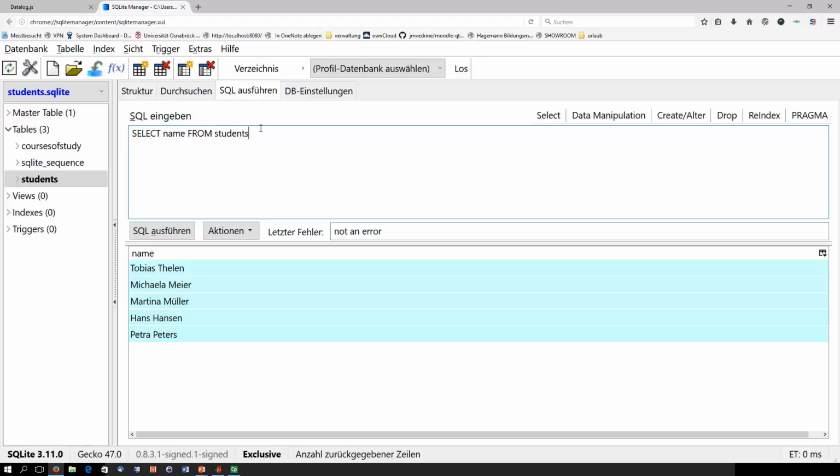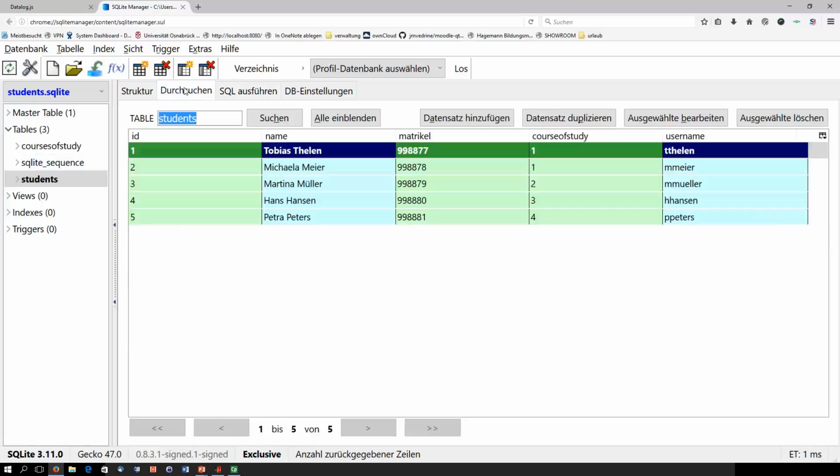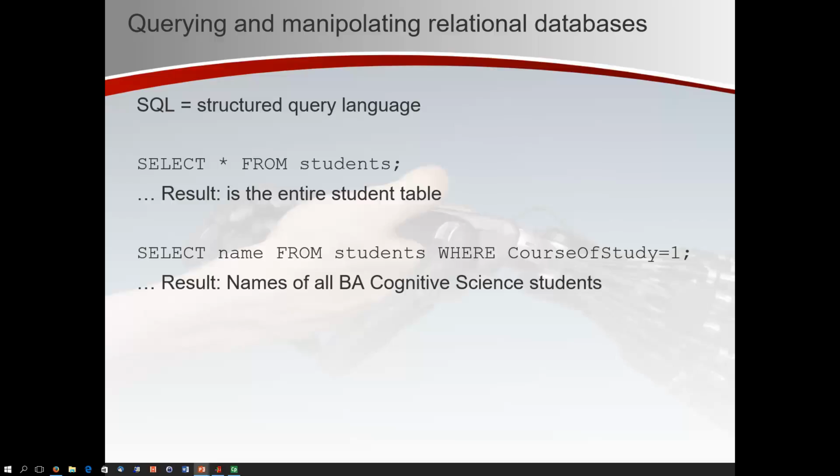Conditions are expressed with a where keyword. To say where course of study equals 1. Then I get just two names, Tobias Thielen, Michaela Meyer, who have the course of study 1. Okay, but this is not so elegant, because now I have to know what the ID of Bachelor Cognitive Science is, and I have the information in my database. And this is where